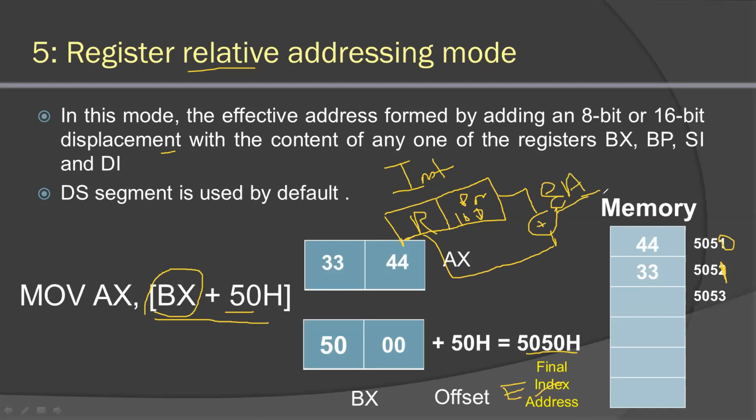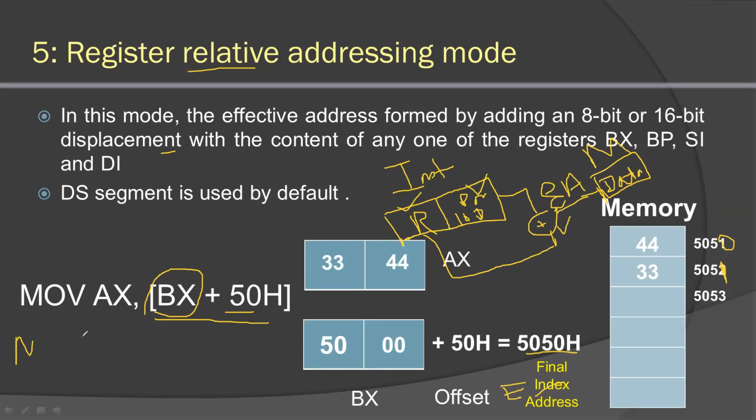And this effective address in the memory will have the data to be transferred. Clear? Now it will be more clear. You can take a screenshot of the slide. Instruction will contain register name. It will contain its displacement value. Both the values will be added by adder, and data will be in this effective address. Clear? We can take one more example.